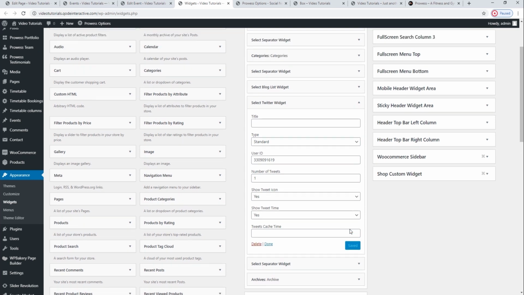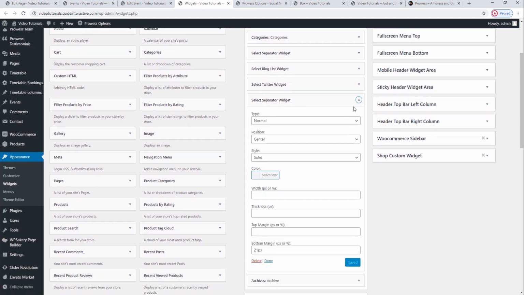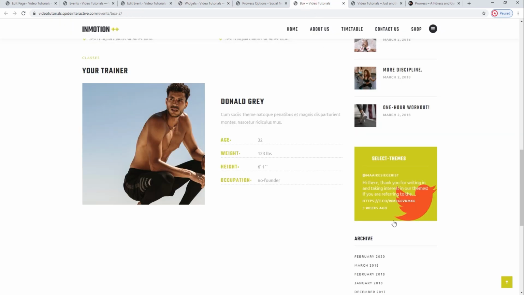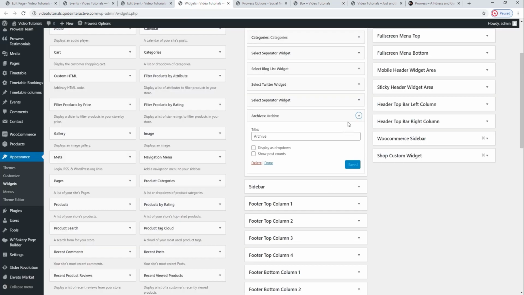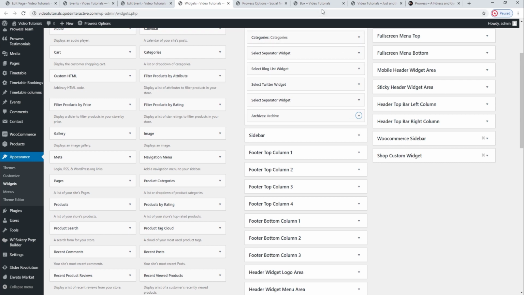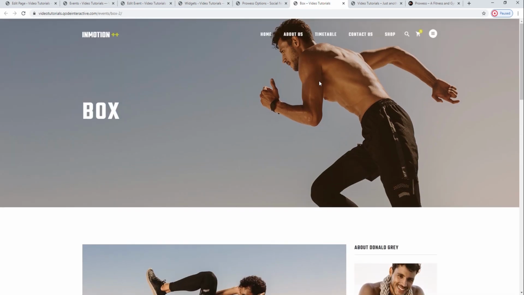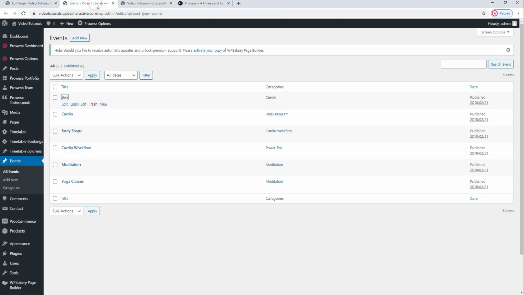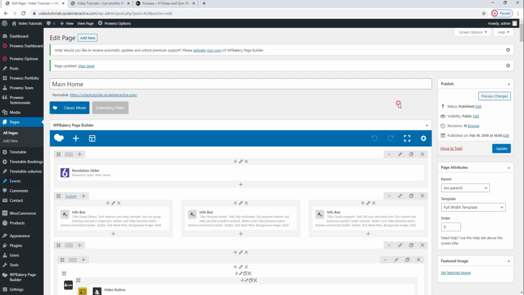Save the settings. The following widget is once again the simple separator widget for adding some space. Finally, there's an archive widget. It looks like this on the live site. You can leave it as it is or delete the widget altogether. Okay, this is it concerning the event single page and the part of the page we need at the moment. You can repeat this process for every event single page you need. Let's close all of these tabs and go back to the main home backend. I will later create additional event singles so they can be displayed properly.